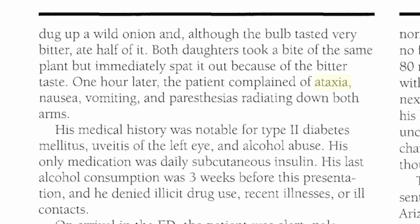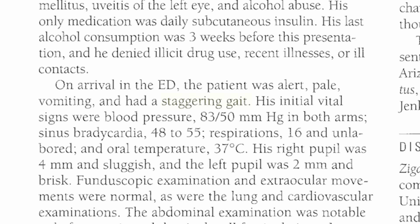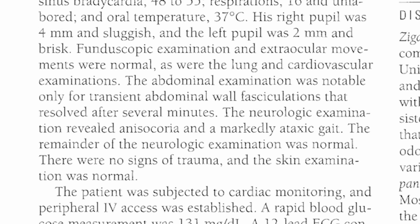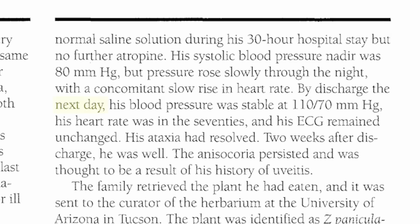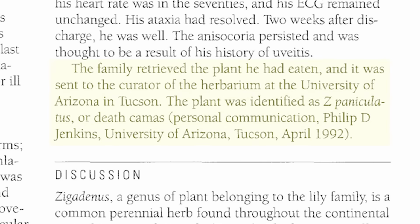We generally don't like the taste of things that are acutely toxic to us, but the dad swallowed half of it before he realized that it was not an onion, and he got real sick within hours, like violent vomiting. Ataxia, which is loss of muscle control. Paresthesias, which is pins and needles running up and down his arms. He literally stumbled into the emergency room with scary low blood pressure. They gave him IV fluids and had him swallow activated charcoal, and luckily he was able to go home the next day. His family found the plant and sent it to the University of Arizona at Tucson, and yeah, it was foothill death camas,